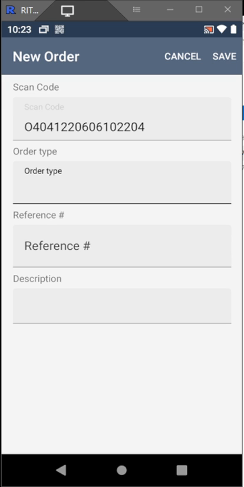Before you use this, I do suggest you try it once or twice. The one thing that can be a little gotcha is the syncing between the handheld and the point of sale. So what you want to do is see how long it takes for the orders on the handheld to show